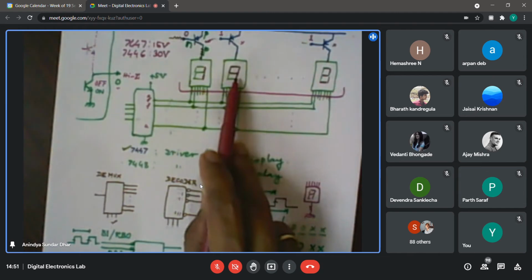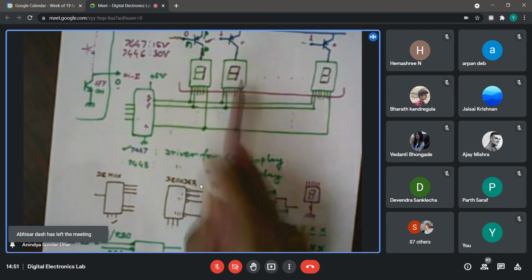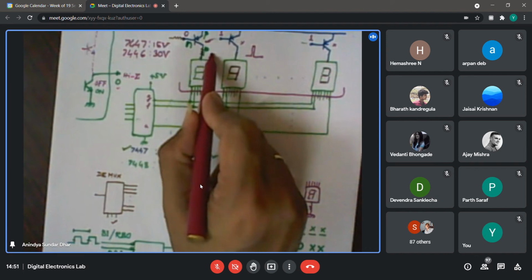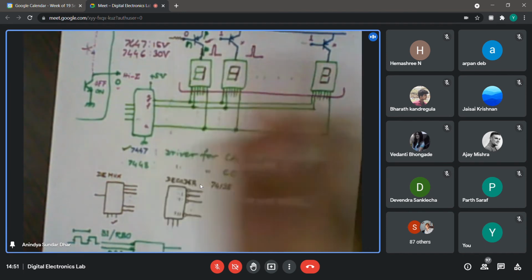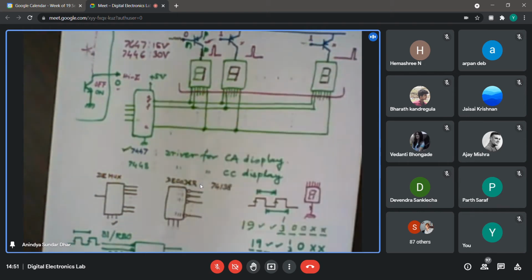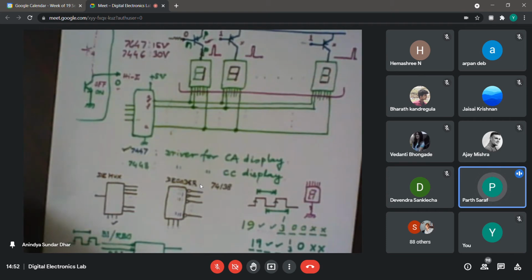For that, generally, the peak current being given over here is somewhat more, though the average current is less. So it will have a peak current which looks like this, whereas the next one will also have a peak current just shifted in time, something like this. That peak current is generally much higher compared to the average current that you send to the LED for normal glowing. Normal means continuous glowing. So I think right now we are not going into that much detail. If you really design, then how to control the switching of the transistor, like.